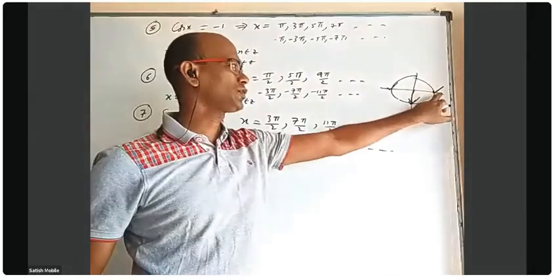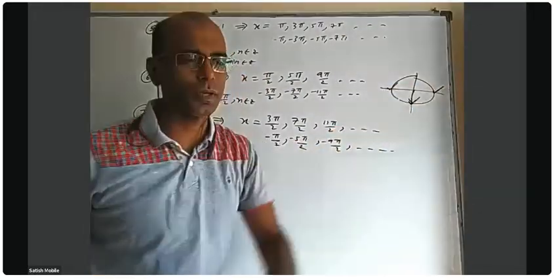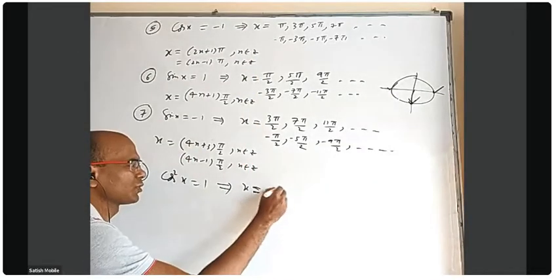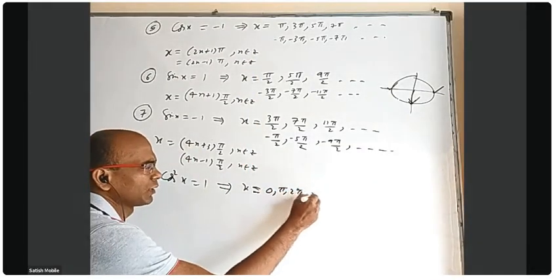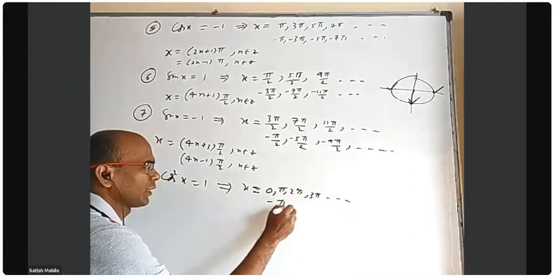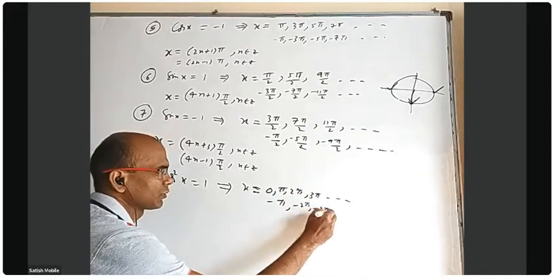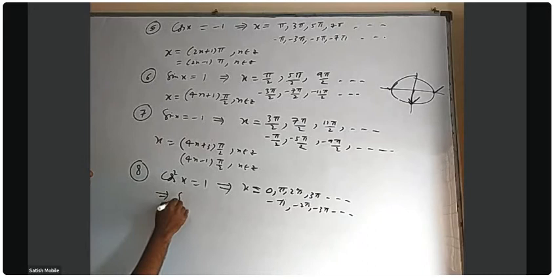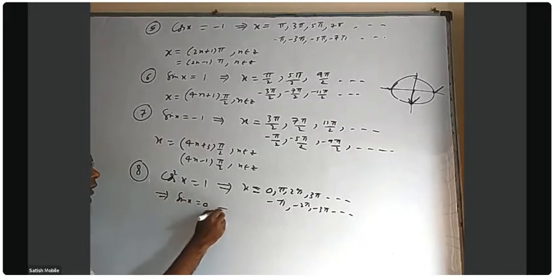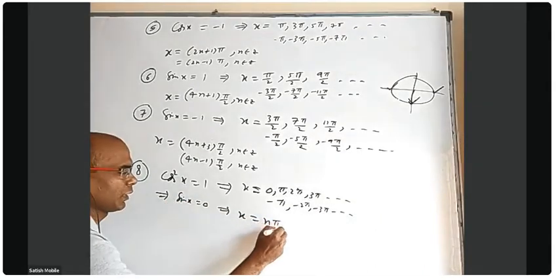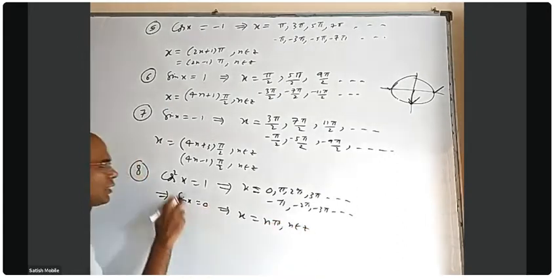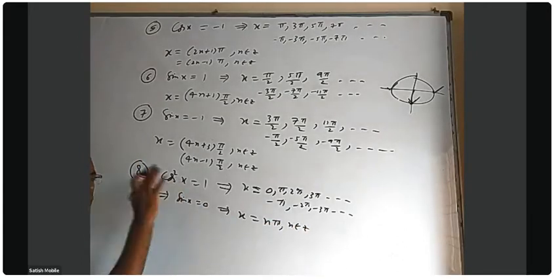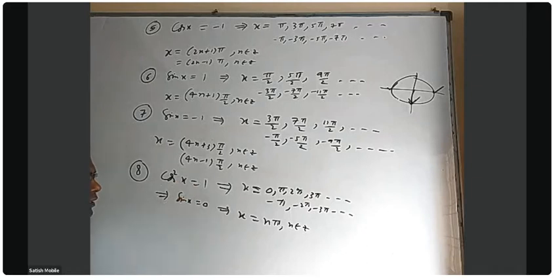This is 0, this is pi, this is 2 pi, 3 pi, 4 pi. All multiples of pi will be covered here. So 0, pi, 2 pi, 3 pi, and so on, even minus pi, minus 2 pi, minus 3 pi. It also means sin x is 0, and x equal to n pi, n belongs to Z. These two are equivalent. When sin x is 0, I cannot say cos x is plus 1; cos x may be plus 1 or minus 1. But these two equations are equivalent. You can even bring this side, you get sin square x equal to 0, which is the same as sin x equal to 0.